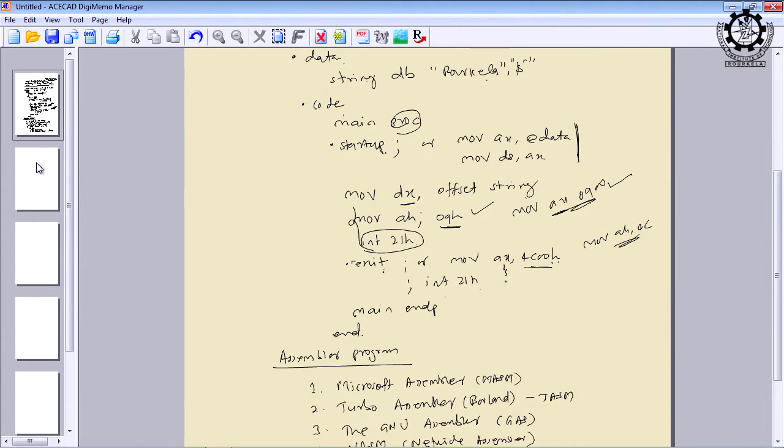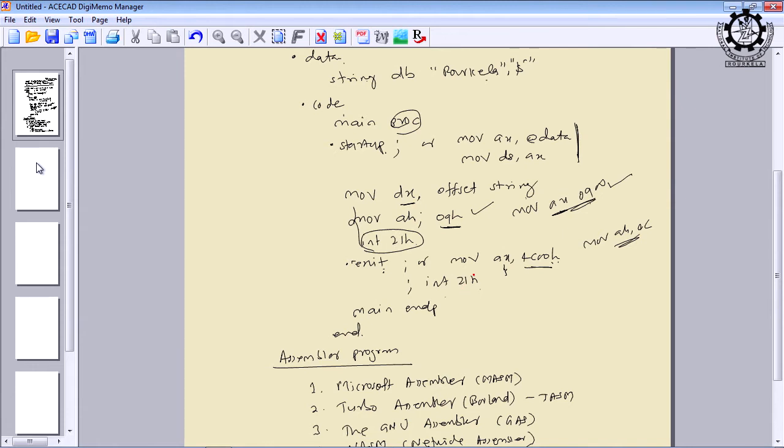Similarly, I will tell several applications of interrupt 21H, and these all come under the software interrupts, which you can use inside the program. While executing this program, these interrupts will be generated, and the corresponding interrupt service routine, which is responsible for that particular service, will be executed. And where it is stored, what is the location of the interrupt service routine, that we shall discuss in detail whenever we go to the interrupt section. But interrupts are divided into two types, one is hardware interrupt, another is software interrupt, and these all come under the software interrupts.